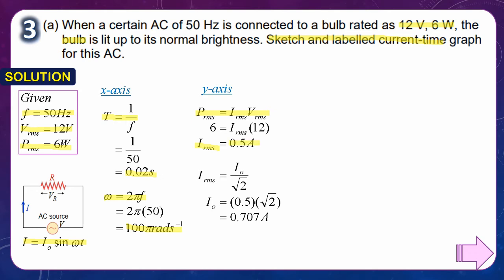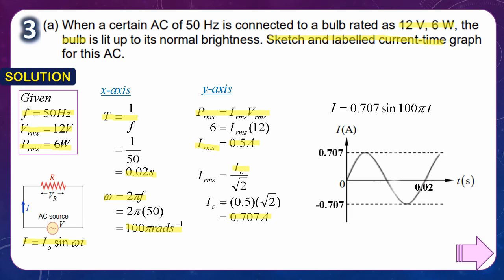From the IRMS, we can calculate the peak current or maximum current, which is equal to 0.707 ampere. When we get the value for I naught and also the angular frequency, we can write down the general equation for the current, which is equal to